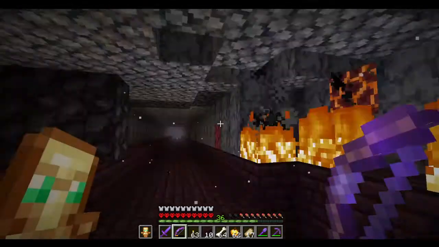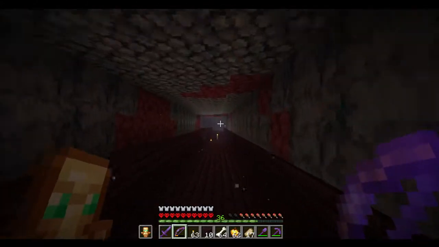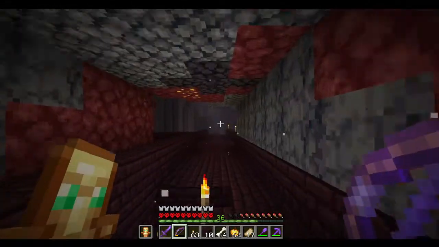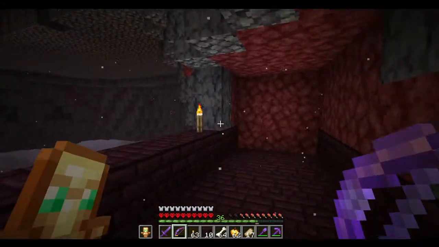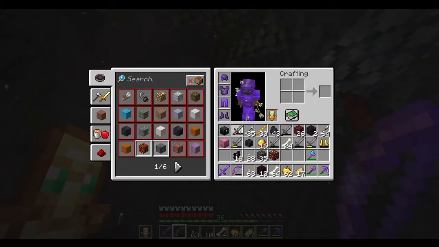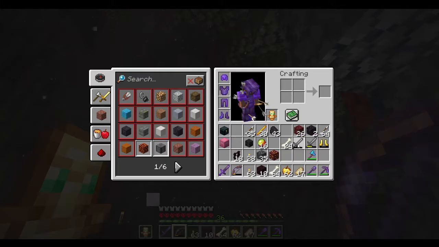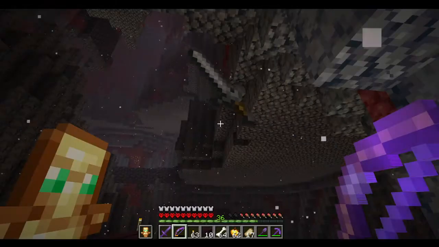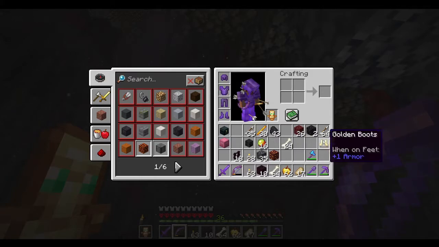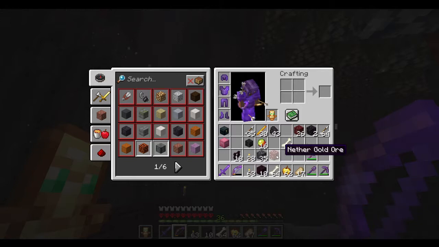Oh, and I did lose my little... Oh, we got trash spot down here. Anybody has a real thing for stone swords, this is your spot. And these are just plain old golden boots, so we'll get rid of those. Everything else I think we'll keep. And